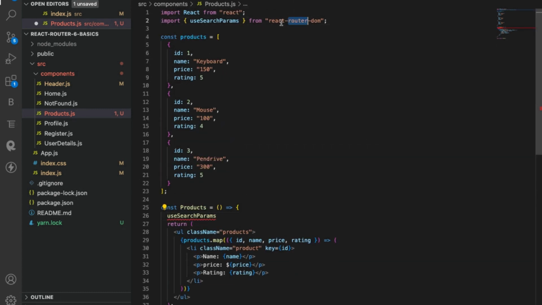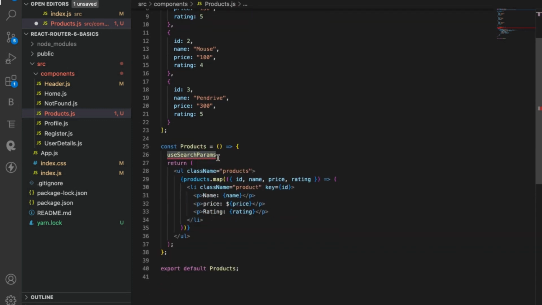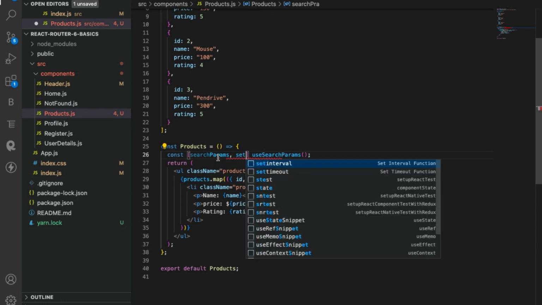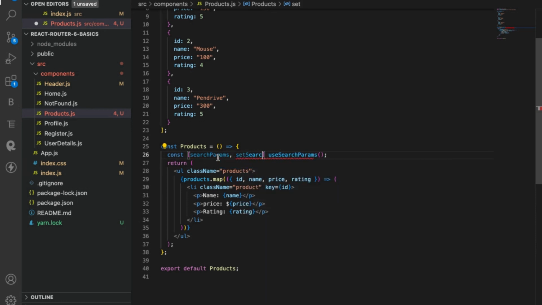So as you can see, this is coming from React Router DOM. Just like the useState hook, this hook returns an array with 2 values. For the first value, we can name searchParams, and the second value we can name setSearchParams. So using setSearchParams, you can even set a new query string value, and using searchParams, you can get the current